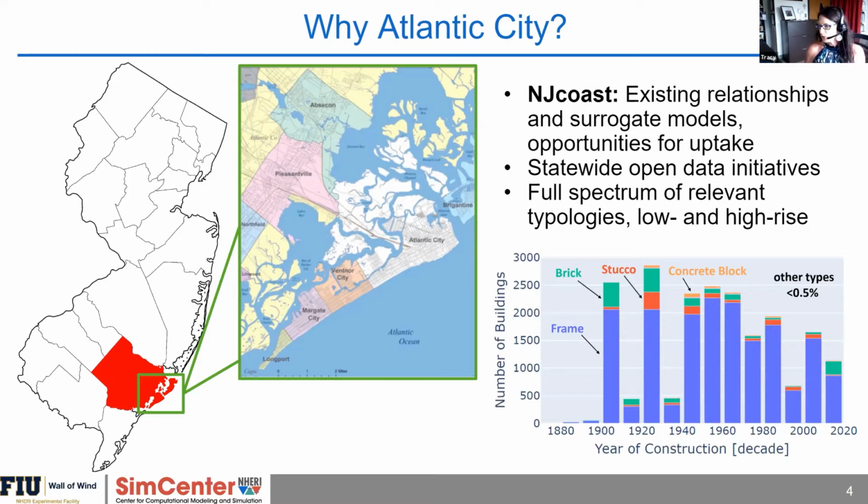The other thing I'll note about what made this test bed really attractive is, as Hassan said earlier, wind hazards affect low-rise construction, especially wood frame residential construction, as David alluded to just now, all the way up to high-rise buildings, which can have more dynamic response and issues related to even habitability. In Atlantic City, interestingly, you have all of those. You have the tall hotels and casinos down to the beachfront communities, and we can have that in all one